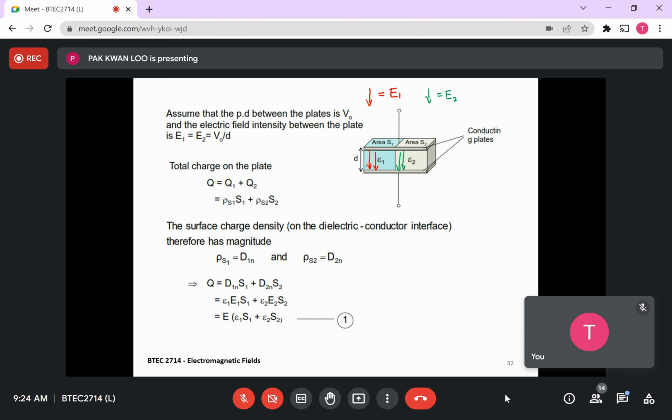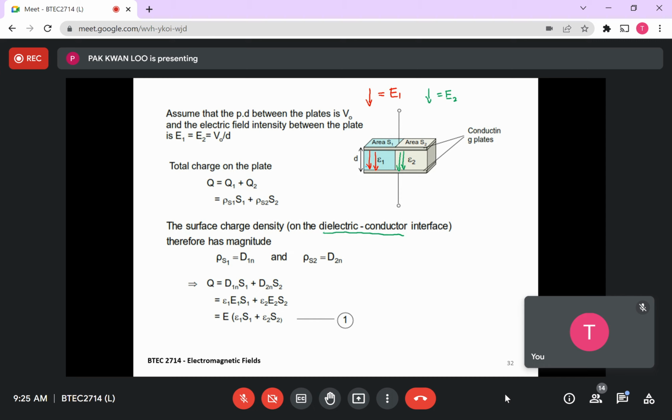While the surface charge density on the dielectric conductor interface, if you apply the boundary condition, is related to the flux density. So utilizing this surface charge density relation in the total charge,